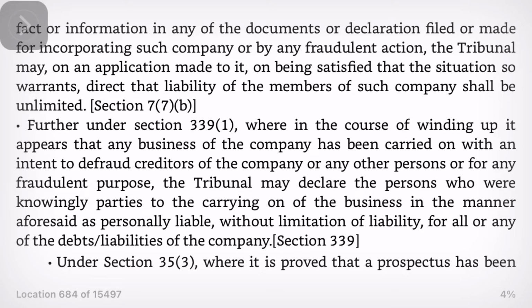Section 224(5) states that where the report, made by an inspector, states that fraud has taken place in a company and due to such fraud any director, key managerial personnel, other officer of the company or any other person or entity, has taken undue advantage or benefit, whether in the form of any asset, property or cash or in any other manner, the central government may file an application before the tribunal for appropriate orders with regard to disgorgement of such asset, property or cash, and also for holding such director, key managerial personnel, officer or other person liable personally without any limitation of liability.